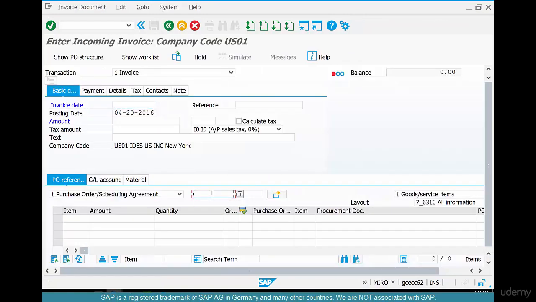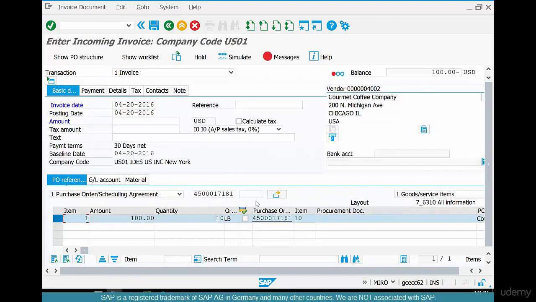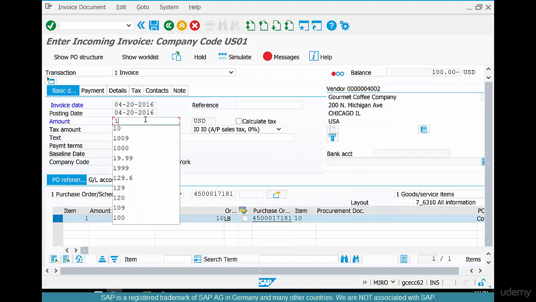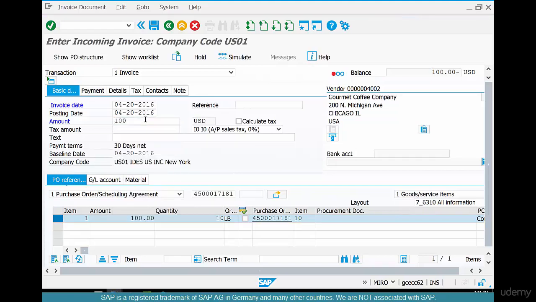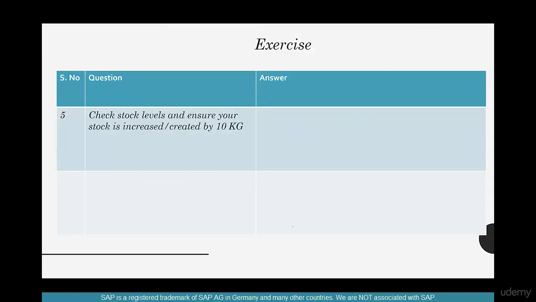So put your purchase order number in there, put today's date in, and the balance is $100. So we're going to pay, the invoice that we received is for $100, and make sure the balance is green and click save. If you don't see any errors, your invoice is created successfully. So we have created a goods receipt and an invoice receipt. Finally,